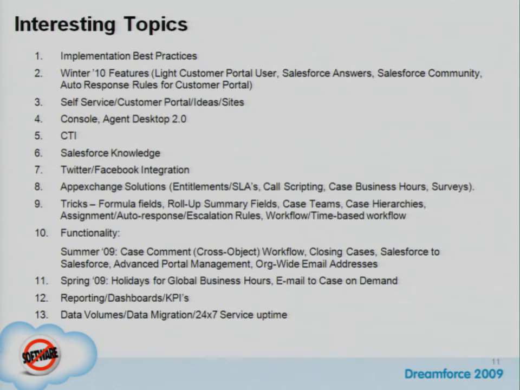Using the Outlook connector for the emails, that's got to be painful. So I would definitely recommend it. Yeah. Now, as you may know, at the beginning of this year we introduced on-demand email to case, right? Whereas in the past we used to have a little Java client that had to sit there and connect to your Exchange server and all that stuff, now it's much simpler than that. We will generate an inbox. You forward the emails to that inbox, and that's all you've got to do. Email to case will handle it. It'll make the cases. It'll thread emails into it, stuff like that.